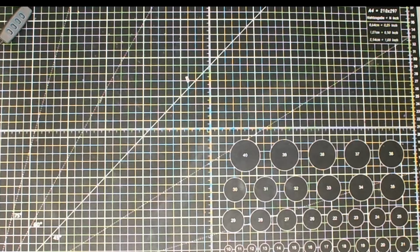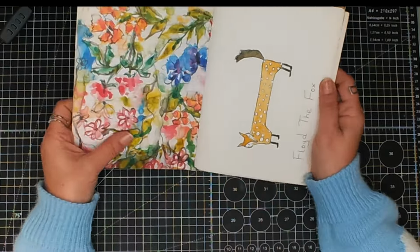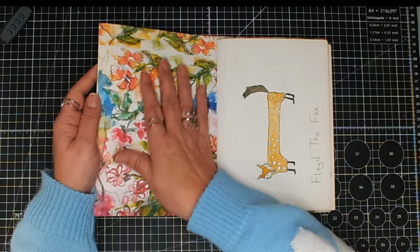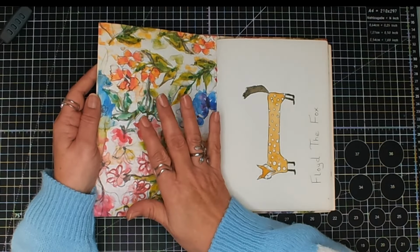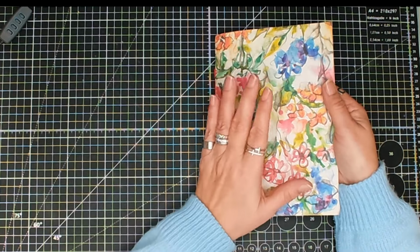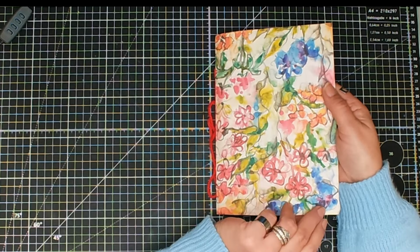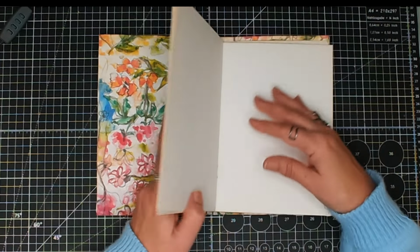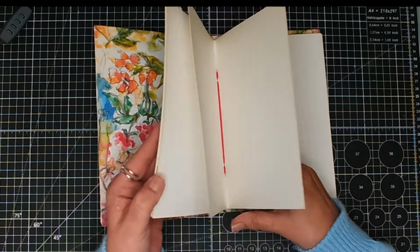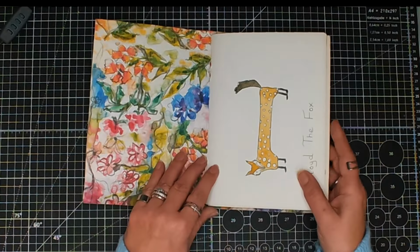What's next? Let's go with this one next. I made this. So I used a piece of card and then I printed out this paper here. Now this, where did I get this paper from? It was a free download from somewhere. And I've put in this good 300 GSM watercolor paper, and you can see I've used this red wool to make it, but